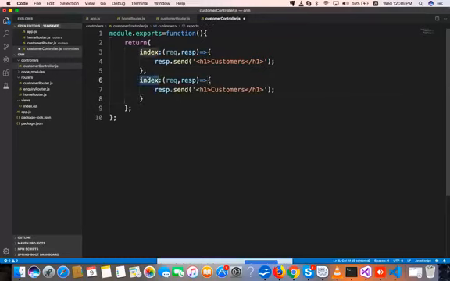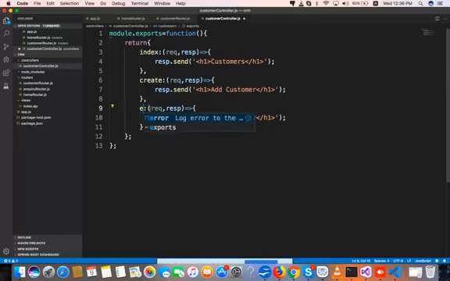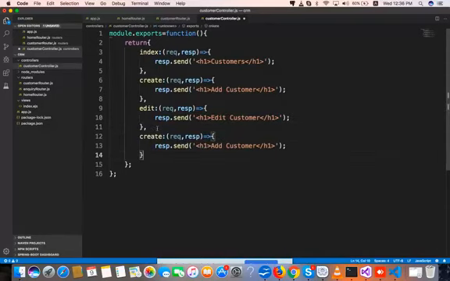छुट्टै create customer and then edit को लागि पनि response.send edit customers and then delete को लागि पनि delete customer so delete customer okay so different page बाट आको छ छैन चेक गर्नको लागि we are making a plural form मा है